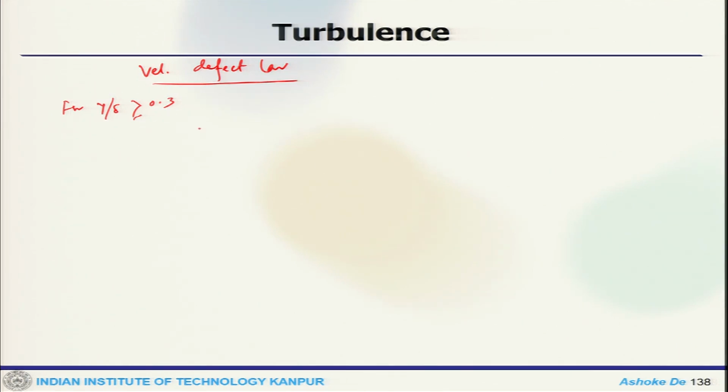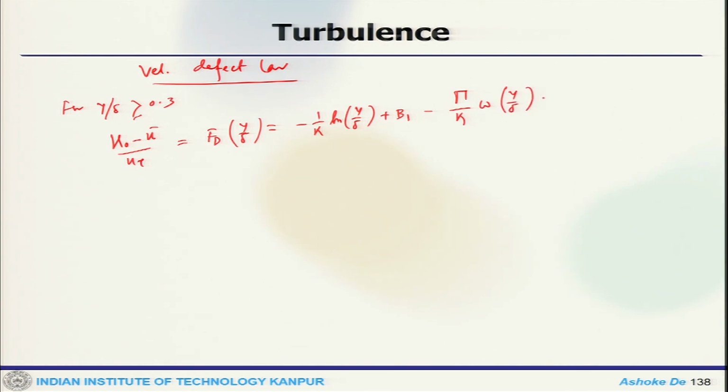So, what one can write is that u naught minus u bar by u tau equals f d of y by delta equals 1 by kappa ln y by delta plus b 1 minus pi by kappa w of y by delta. So, this is our log law, outer scaling. So, this is the velocity defect law, this is the log law, and this is the law of the wake,